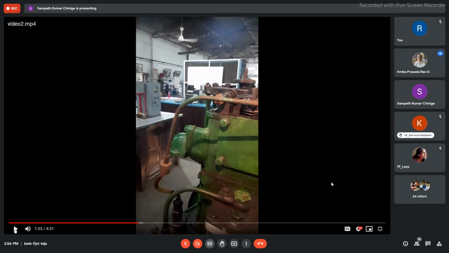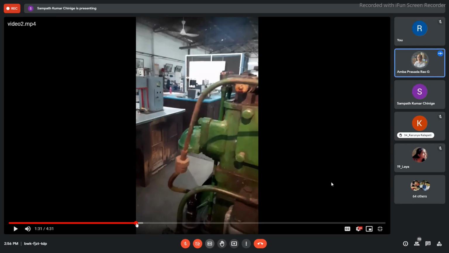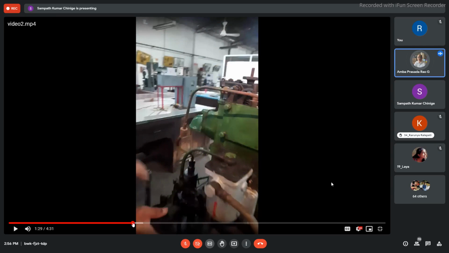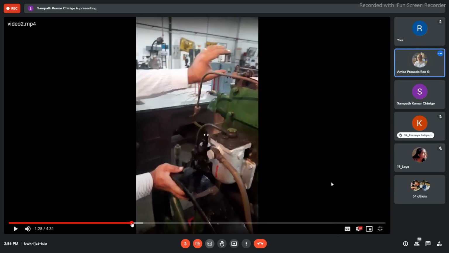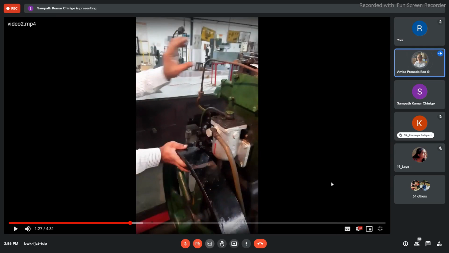This is a critical point: if you rotate in the clockwise direction, some rocker arm will move, and if I rotate in the opposite direction, another rocker arm will move. Because if you recall the discussion at the beginning on the cycle of operations in a diesel engine, the piston will be at its topmost point two times in a cycle, during the beginning of the suction stroke and during the beginning of the expansion stroke.